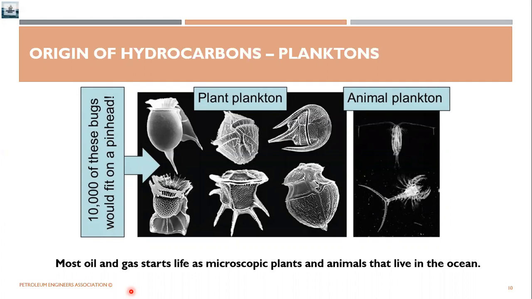So these planktonic organisms exist in the oceans, they exist in the seas. This serves as the source of nutrients for the sea life. So these images which you see are microscopic images. This is something which is under the lens of the microscopes. That means when we are zooming into a high magnifying scale, a high resolution scale, that's when we get to see the actual existence of the planktons.